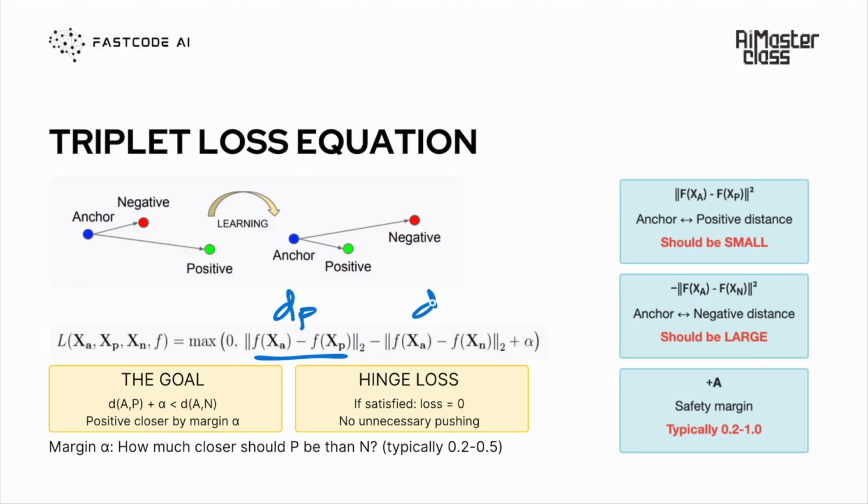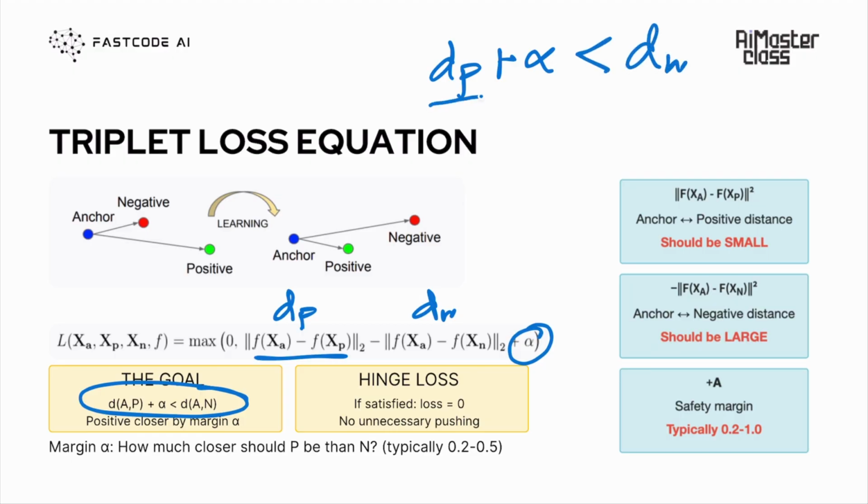This is my d negative. And all it's saying is my d positive should be less than d negative with this alpha margin. This is again a margin. Essentially, it says my d positive plus alpha should be less than d negative, meaning my distance to the